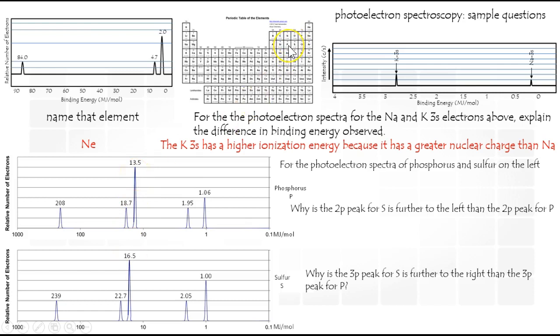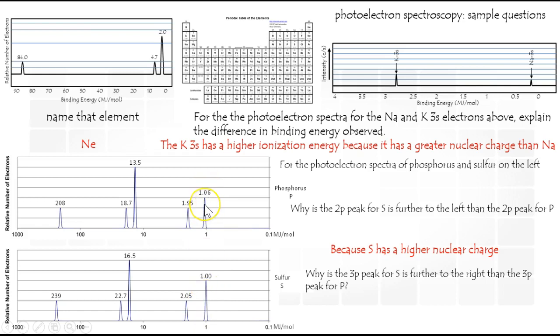Well, I think what's going on here is that we have higher nuclear charge on sulfur. There is a larger positive charge, so it takes more energy to rip away those 3p electrons from sulfur. And why is the 3p peak for sulfur further to the right than the 3p peak for phosphorus? That's a different question, and it's not much of a difference, but sulfur is to the right, a little bit